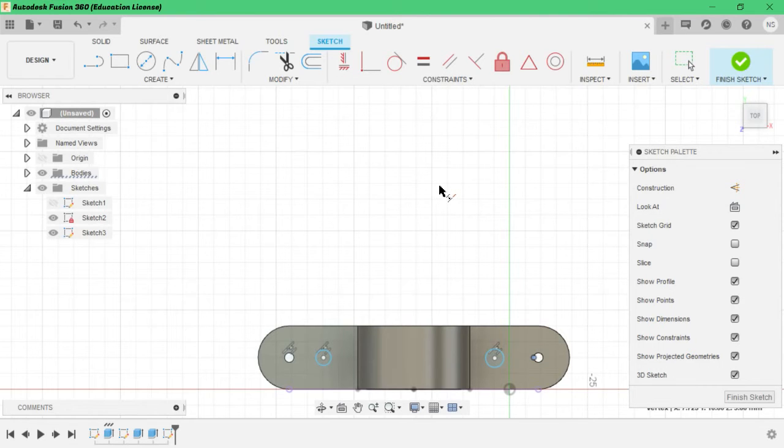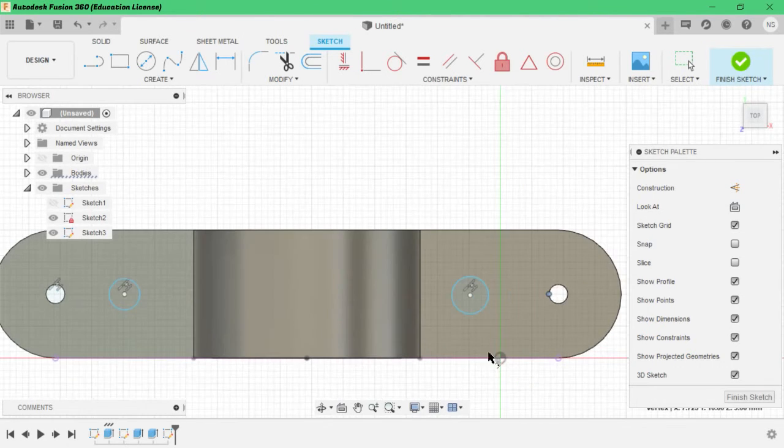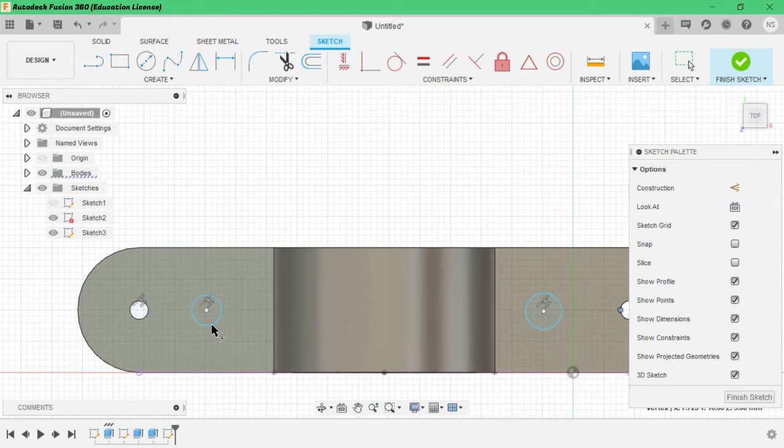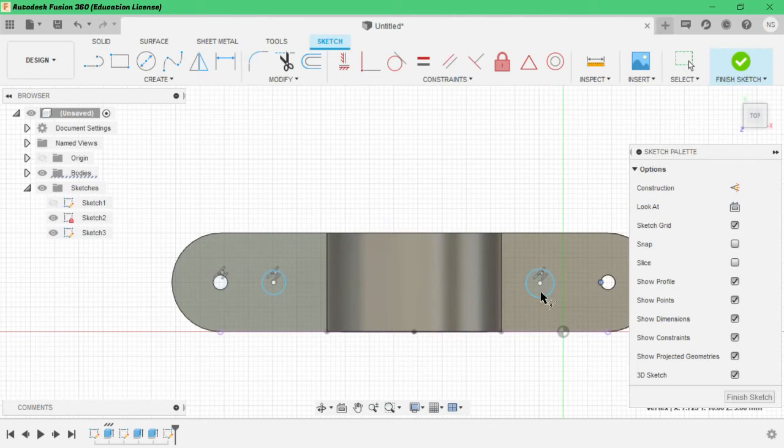So we will stop here. I will just come in a minute. Okay, now these all are collinear. We have to give some fillet now. Okay, everything is done. I think everything is fine.